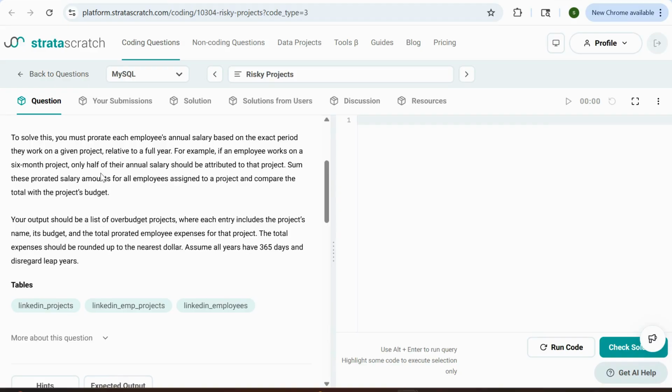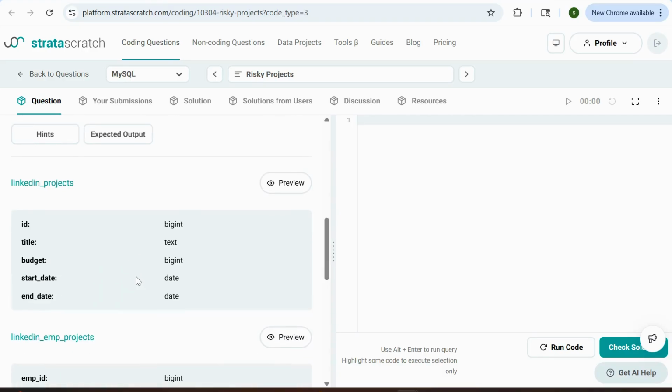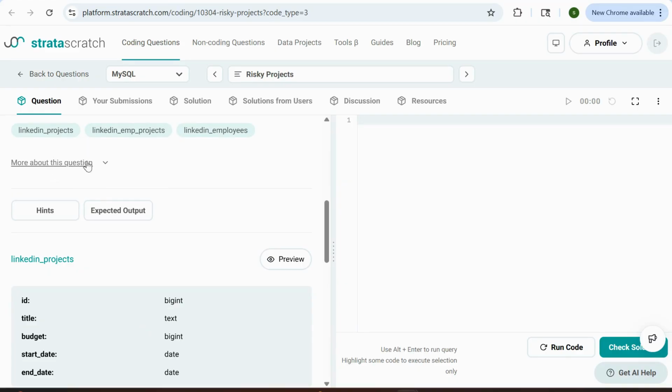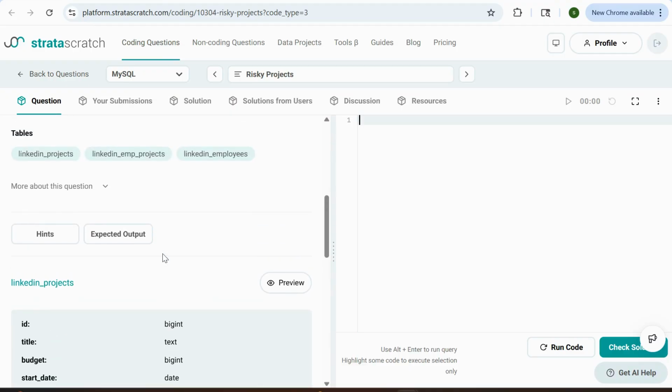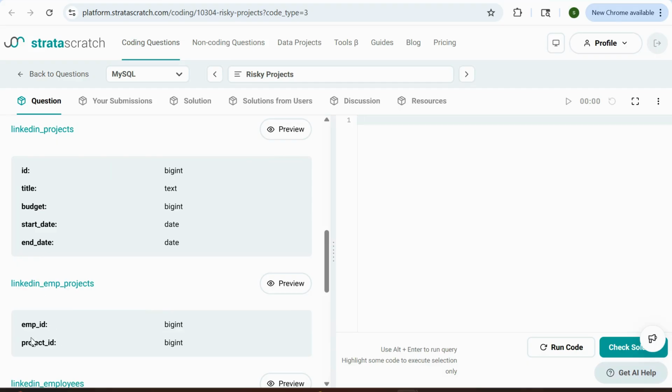To solve this, you must prorate each employee's annual salary based on the exact period they work on a given project relative to full year. For example, if an employee works on a 6-month project, only half of their annual salary should be attributed to that project. Sum these prorated salary amounts for all employees assigned to a project and compare the total with the project's budget. So basically, we have three tables: LinkedIn projects, which will have project details; LinkedIn employee projects, which will connect project ID and employee ID;